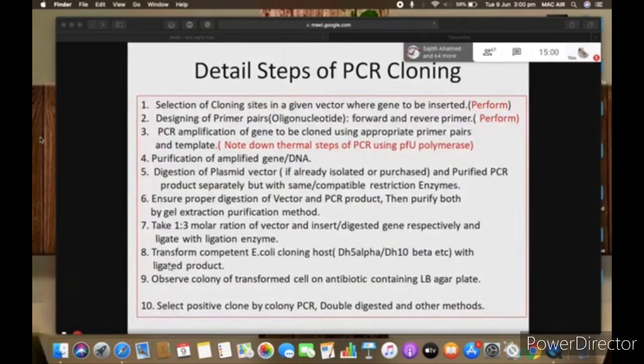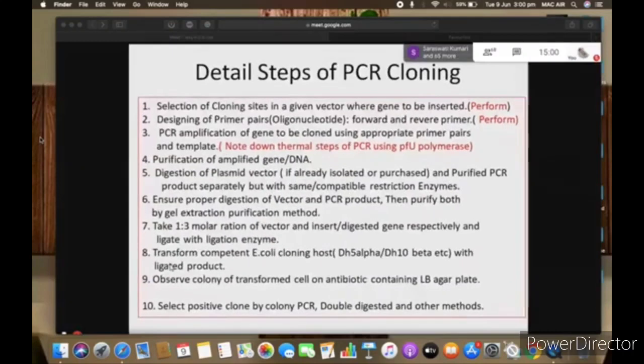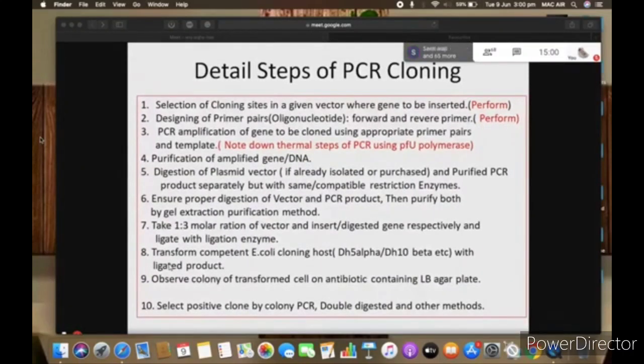But each has one site there. Yes yes, okay. At that time, I explained that the restriction sites which are present at MCS should not be present anywhere else. That's why this should be unique. It should be singly present. Restriction sites present in the MCS should not be present anywhere else. It should be present singly in the whole vector, which is at the MCS. Yes, sir.